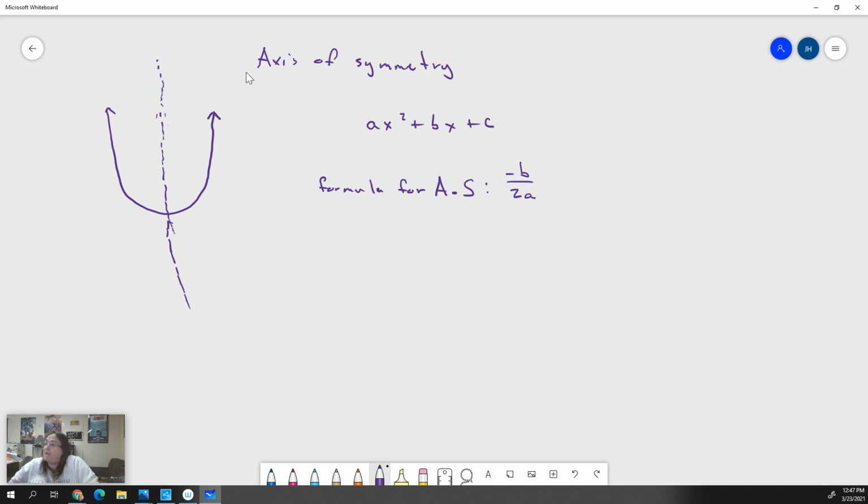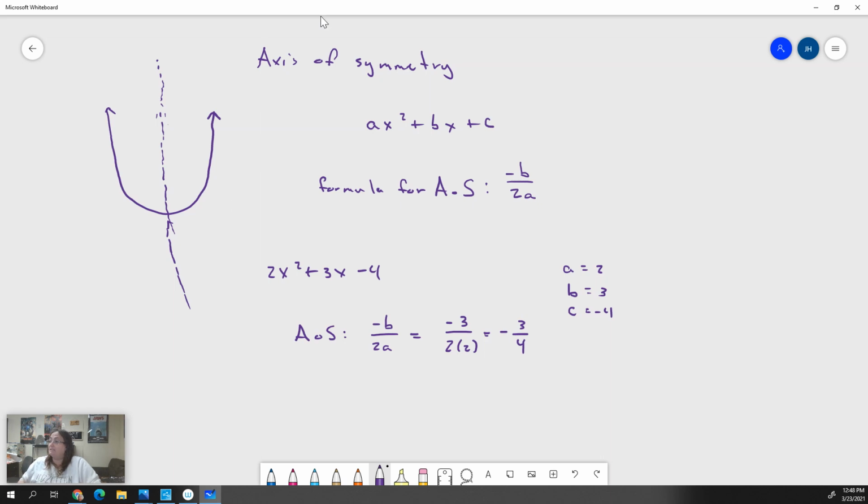You can go, okay, I have, let's say, 2x squared plus 3x minus 4. And I want the axis of symmetry of this equation. I go, okay, well, it's minus b over 2a. And in this, my a equals 2, my b equals 3, and my c equals negative 4. So I just have to plug that in. Minus b, well, that's minus 3 over 2 times a, well, that's 2 times 2. So my axis of symmetry is at negative 3/4,